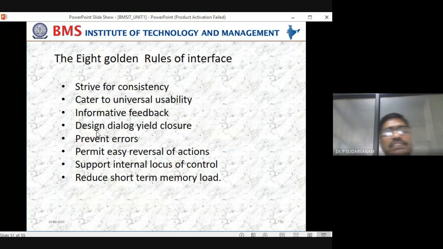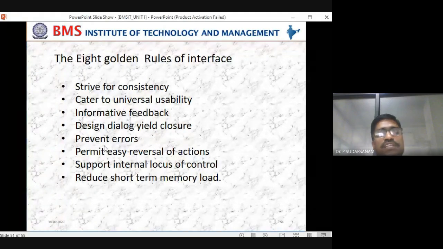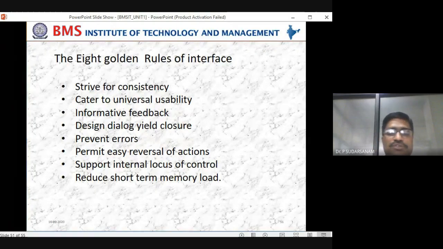Next, we were telling initially in the principles that we have the 8 golden rules of interfaces.